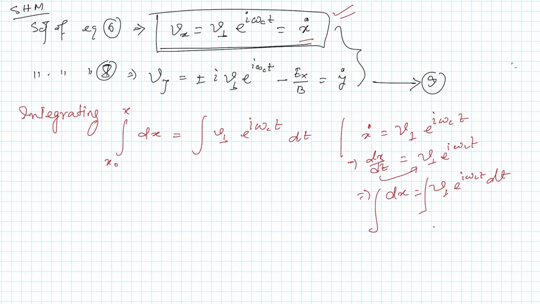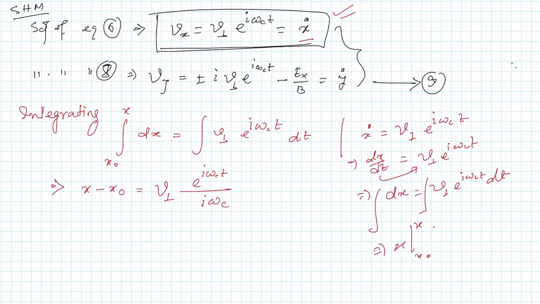Now if you integrate, then we will get x minus x naught. Actually the integration of dx is x, so if you put the limits x naught to x, then we will get x minus x naught,